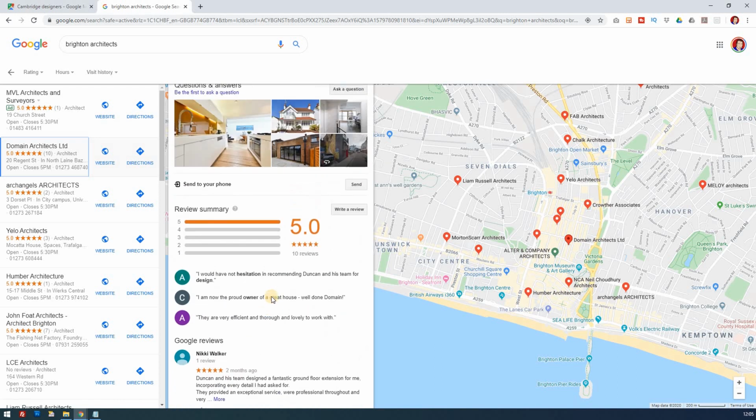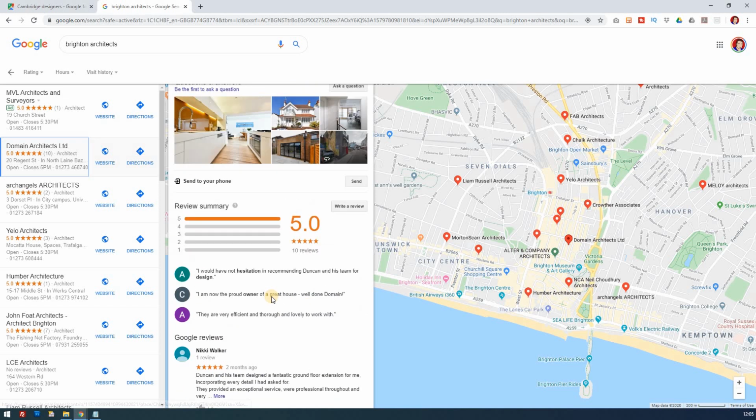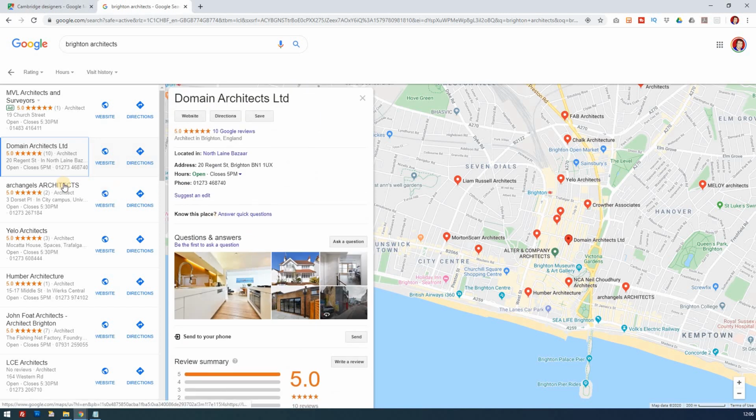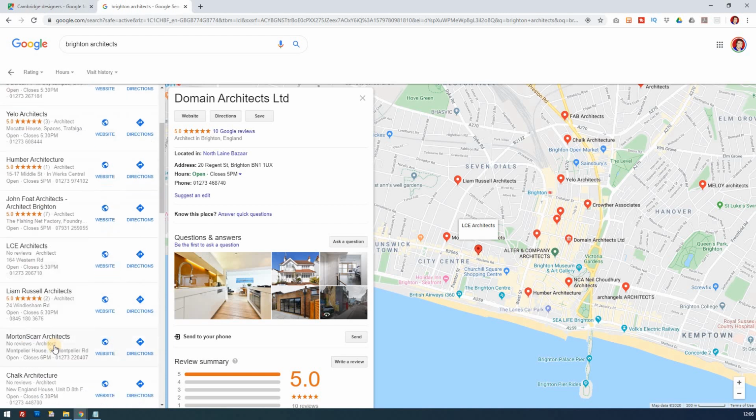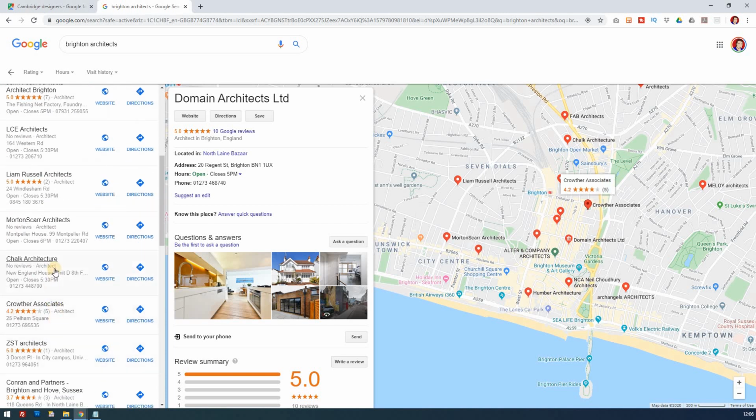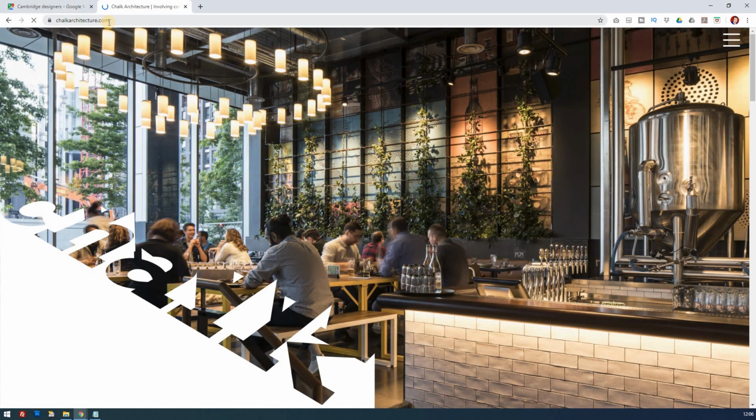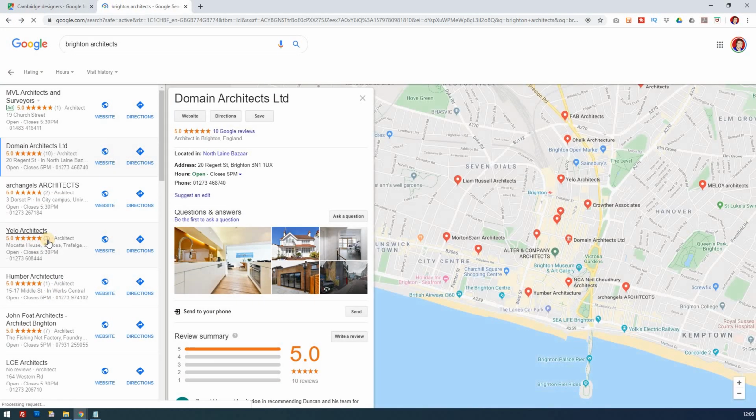So they could improve. They've got no social media entrance, they haven't got a lot of reviews, but they're coming up because they've got the word architects, and that's really helping them. Architects, architecture, architects, Brighton. So there you go. These are why these are all number one, really, because they've got architects written in their title. So Chalk Architecture, is that actually what it's called? Let's see. Yes, it is. Chalk Architecture. Excellent. So they've managed to find the way to do that.